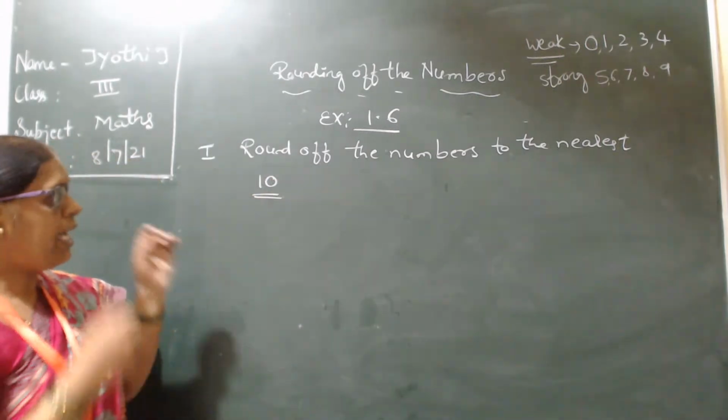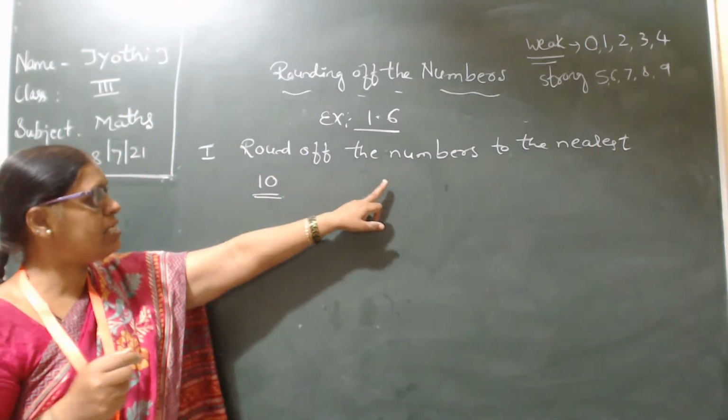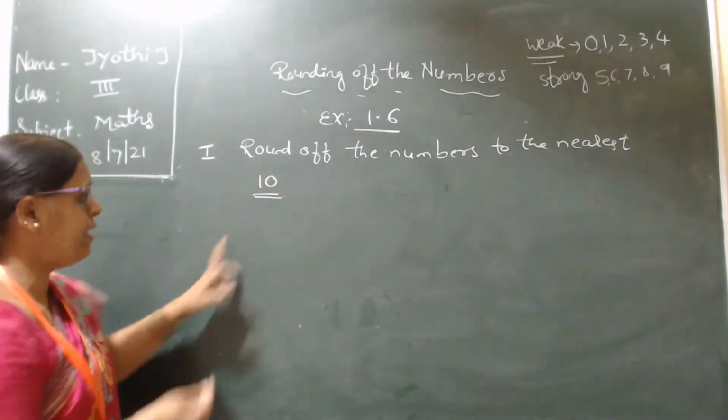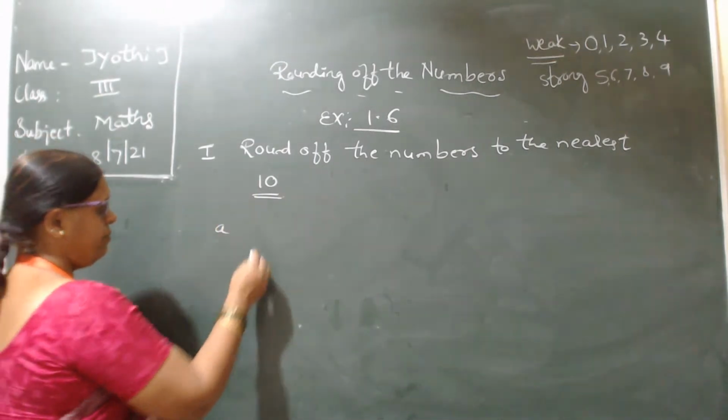What you should do? You have to round off the numbers to the nearest tens. The numbers are